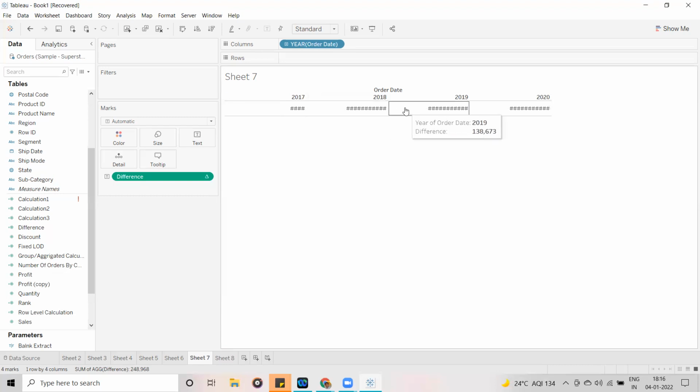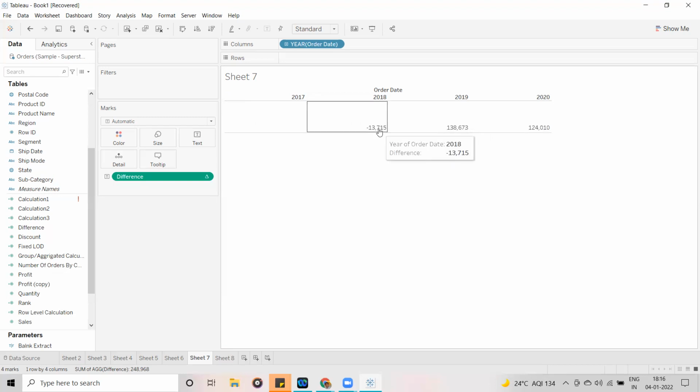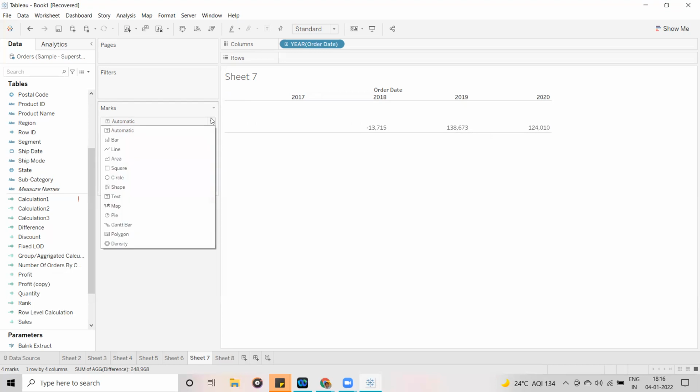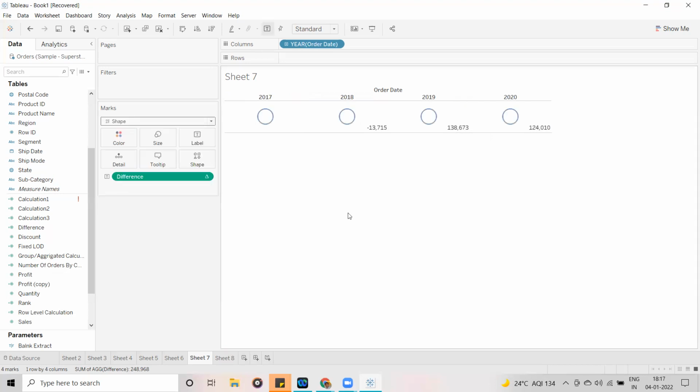In this case, we are going to display symbols instead of values, depending on whether it is a negative or positive value compared to the previous value. I will explain the KPI concept later. Just change the marks to shapes. Now you can see it is displaying 4 shapes.